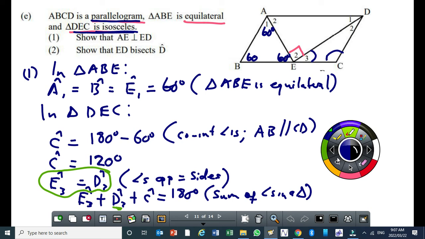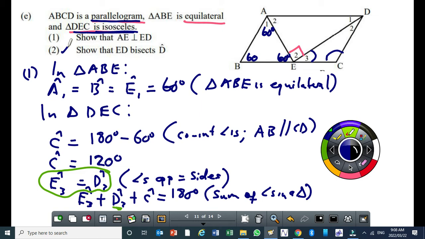That indeed AE is perpendicular to ED by calculating the size of E2 as 90 degrees. Okay? Now, today I'm going to move on to the next question, which requires us to show that ED bisects